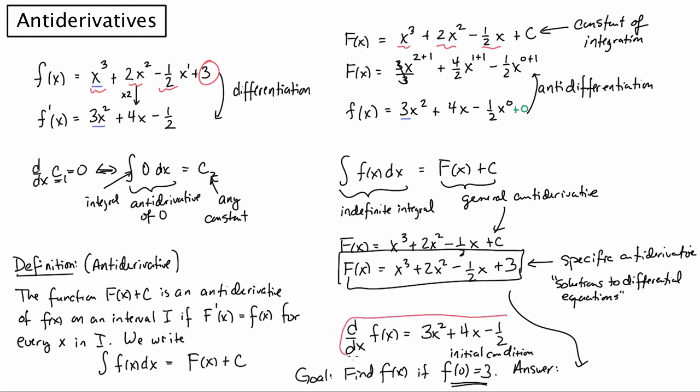So this equation right here is called a differential equation because it relates a function to its derivative. We don't know what the actual function is, we only know what its derivative is, and we're trying to figure out what function it came from. And then together with the initial condition, this is something called an IVP, or initial value problem. But this is the basic idea behind an antiderivative,